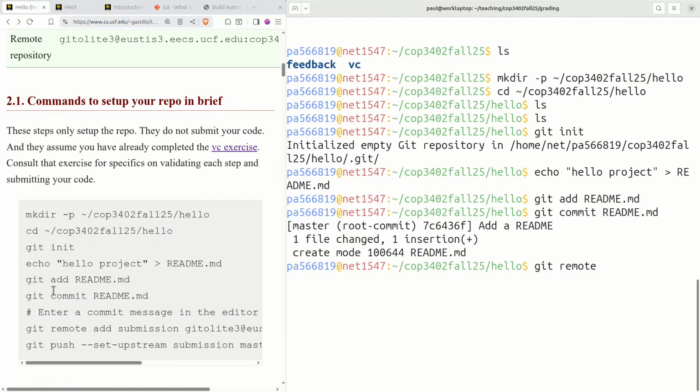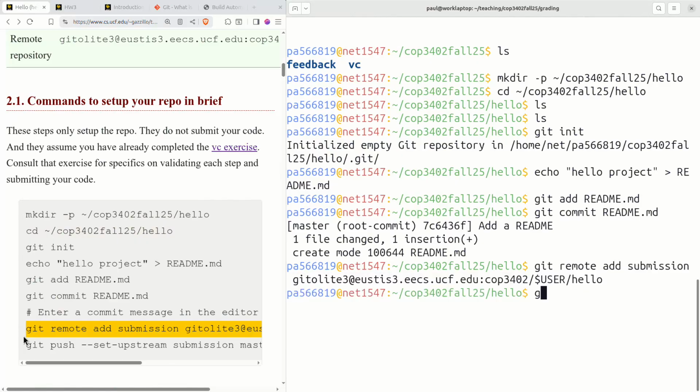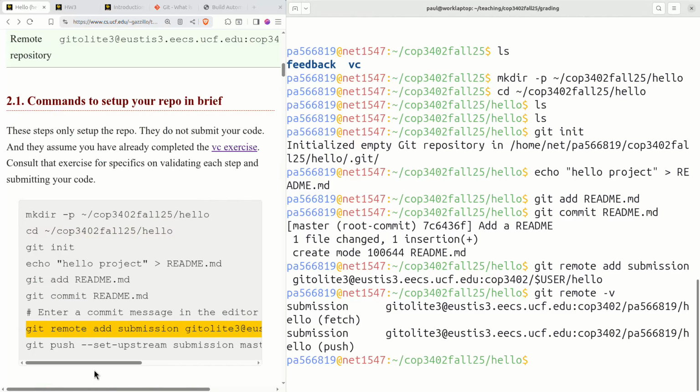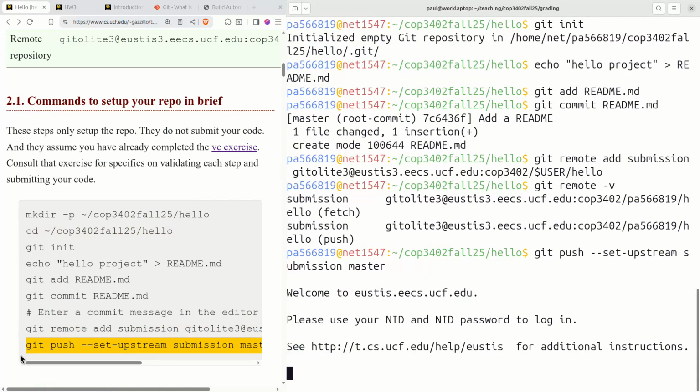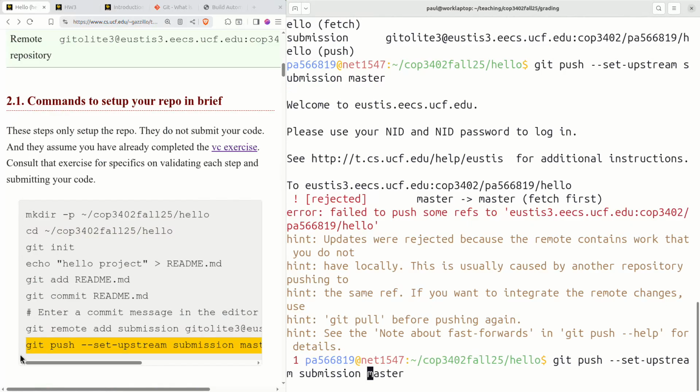And then this one is a lot easier to just copy. This is the remote grading repo, and check the project for how you can verify this stuff, check the VC project. And then we're going to push this. Oh, and this is probably from last semester. So I have to,